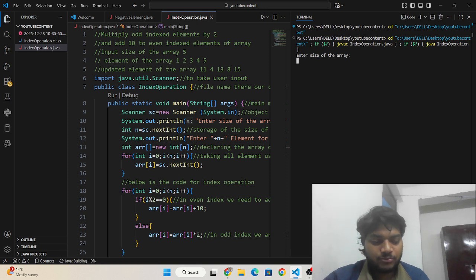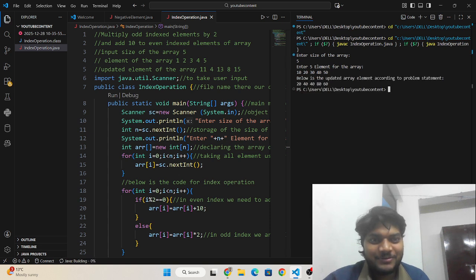I am going to enter the size of the array. I am entering 5. Then I am going to enter elements 10, 20, 30, 40, 50.